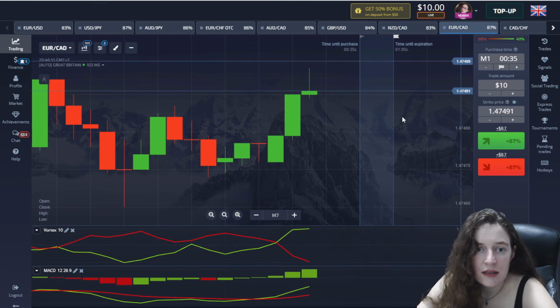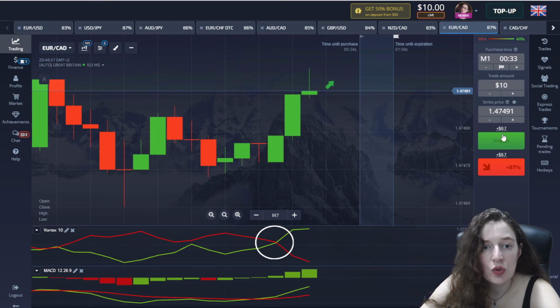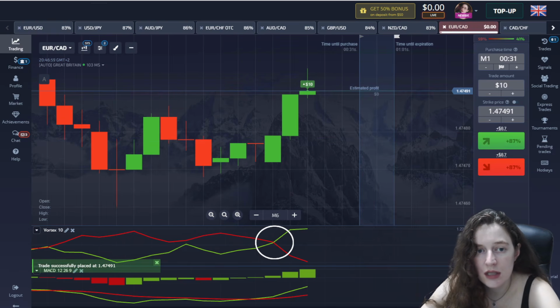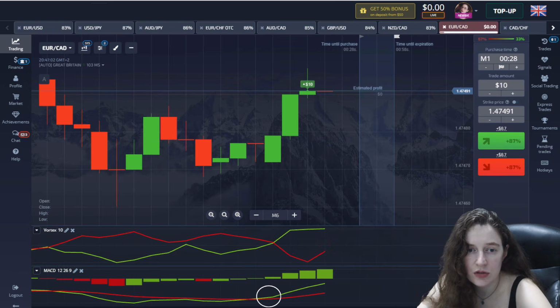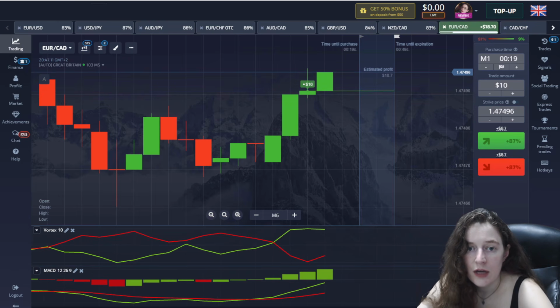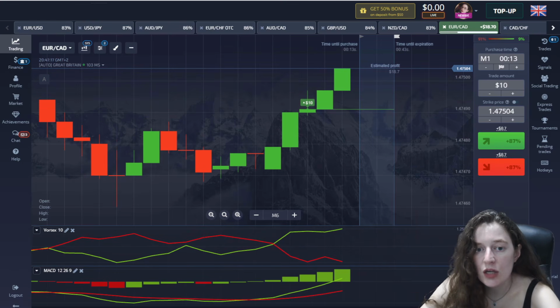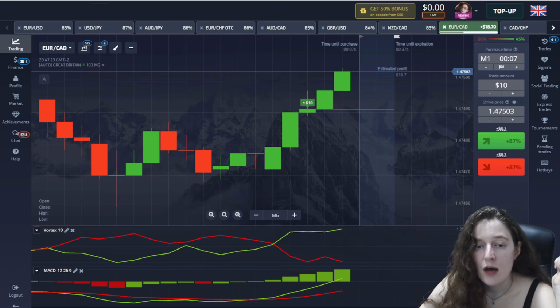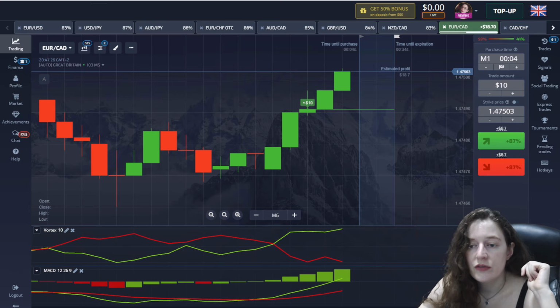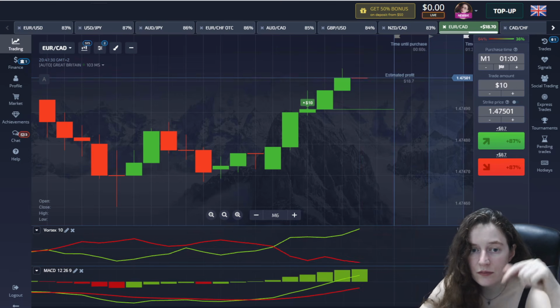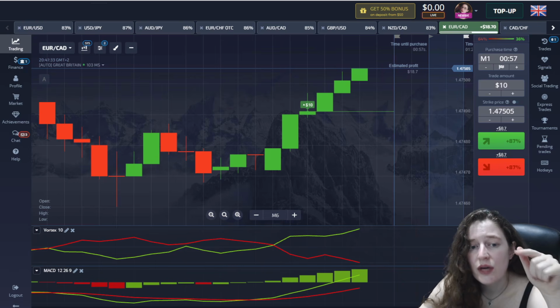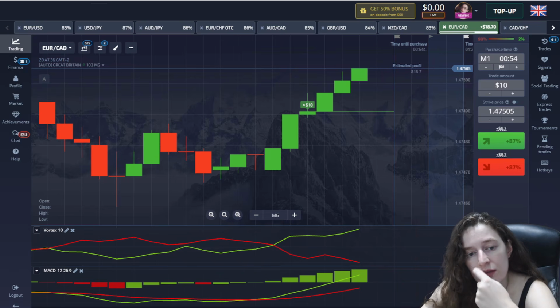So guys, I think this is a wonderful moment just to look at both lines of Vortex intersecting and the lines of MACD also intersecting each other. Be sure to note that if you place it above, both lines of MACD should intersect and should point upwards. They also need to be below the MACD candles. Otherwise, if you enter the trade, you have very little chance of winning.